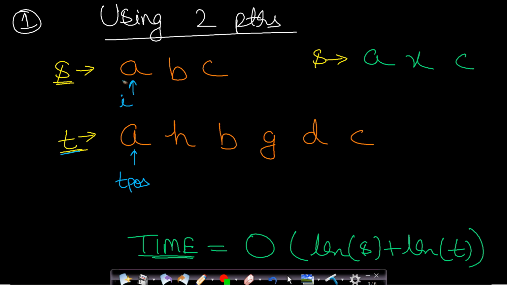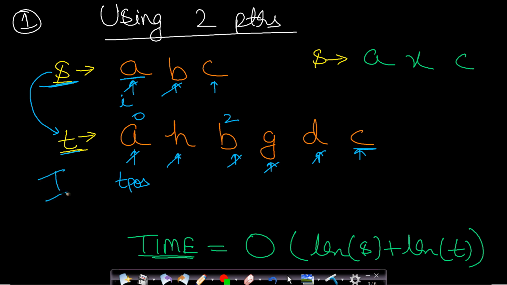Now I will find the first occurrence of this A. So this is present at this index 0. So we will find the next character which is B, and we will start from the next character in this string T as well in order to maintain the relative ordering. Now where is B? So this is not B, this is B. So we will stop here. This is index 2. Now since B has been found, we need to search for C. So we will start from this next character G. Okay, and we will keep searching until we hit a C. So here C is present. So you can see that we have found all the characters in S. Therefore S is a subsequence of T. Therefore in this case we will return true.